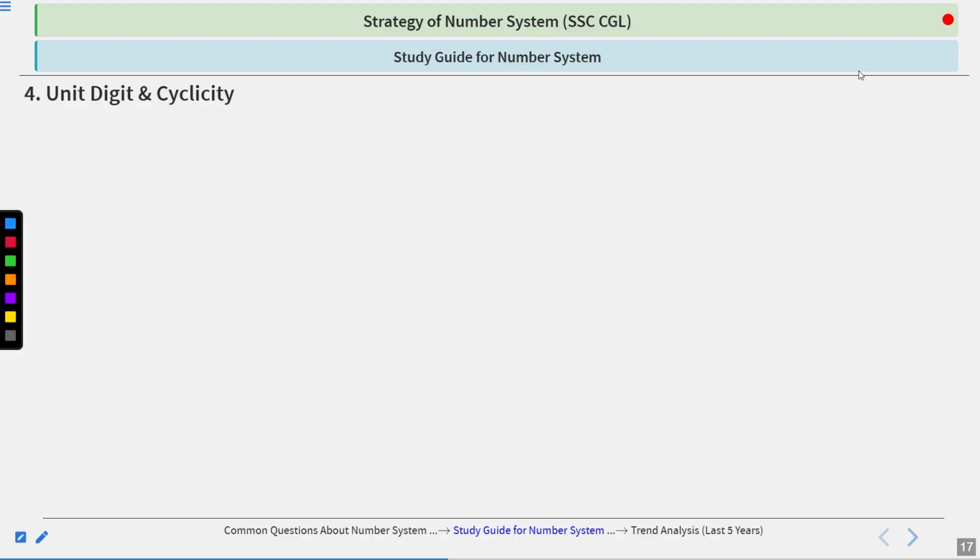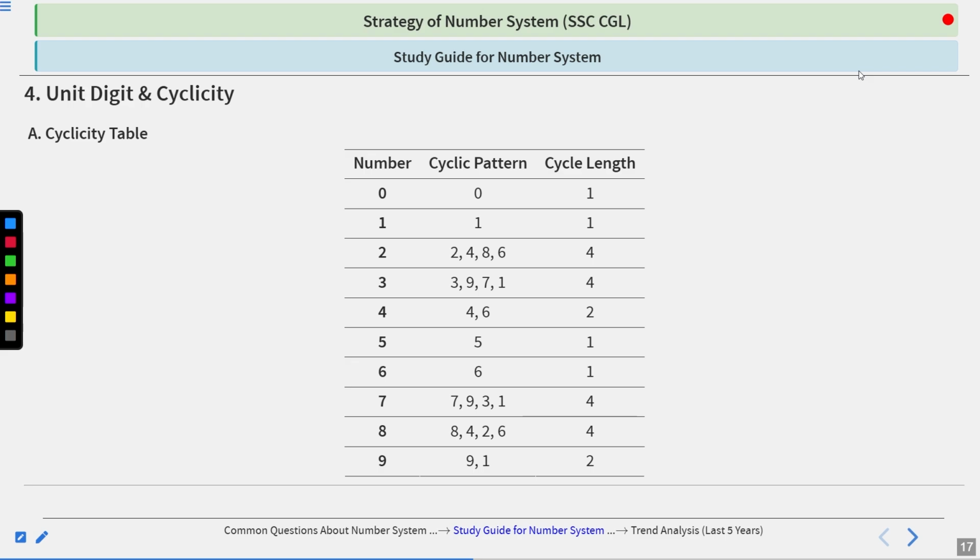Now unit digit and cyclicity. First we see the cyclicity table. This is the cyclicity table of the unit digit of a number. If the unit digit of any number is 0, the cyclic pattern will be 0 and the length will be 1, because if we take 10 to the power 2 or 10 to the power 3,